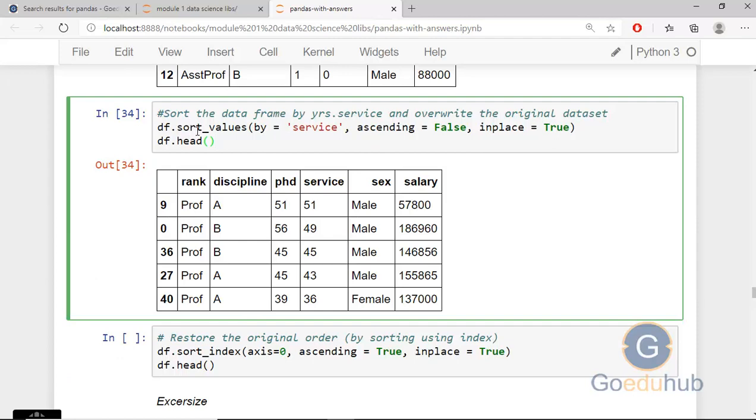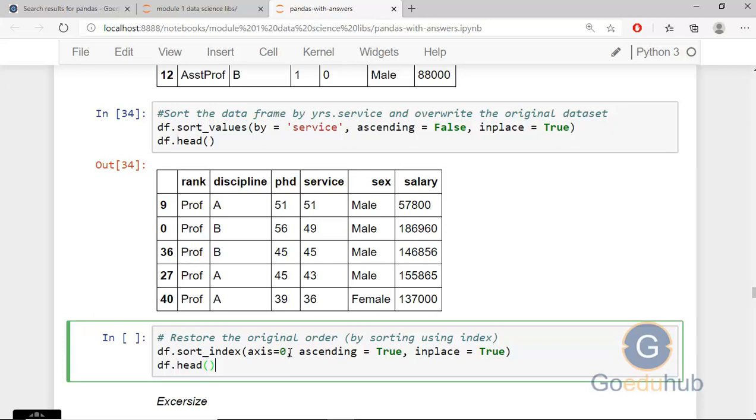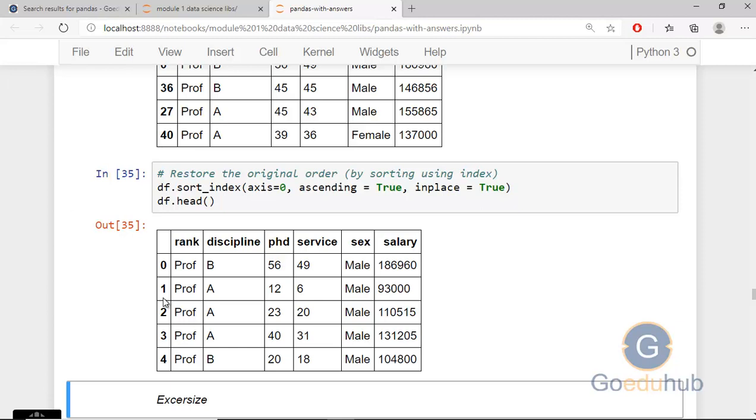Okay, and we have the sort_values function. Besides the sort_values function, we can use another function called sort_index. We can sort the data using the index. Previously, we sorted data using a particular column. Now we just want to sort the data using the index. So here we are taking axis is equal to 0, ascending is equal to true and inplace is equal to true. So by sorting using the index, you can see the output and these are sorted according to the index. Okay, so like this we can do the sorting in the data frame.